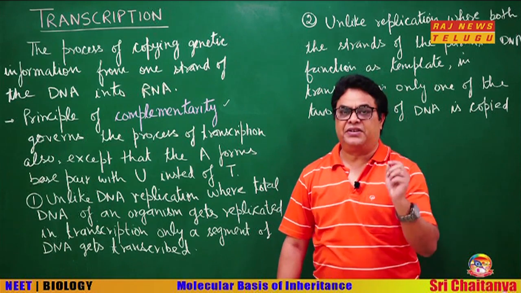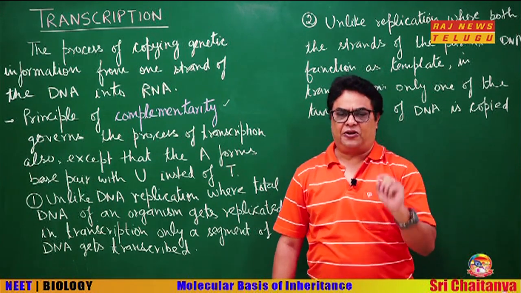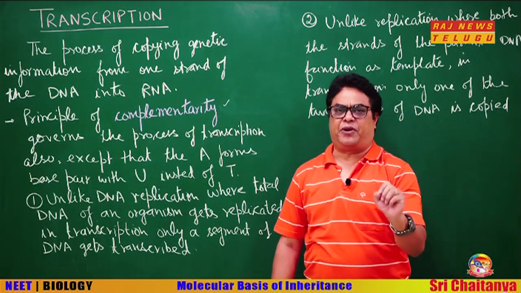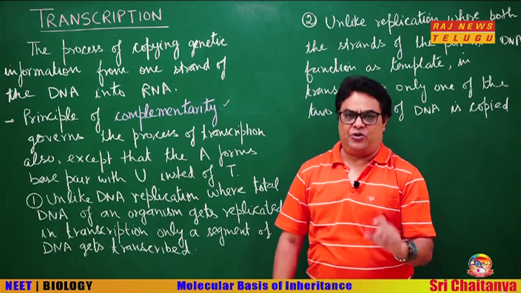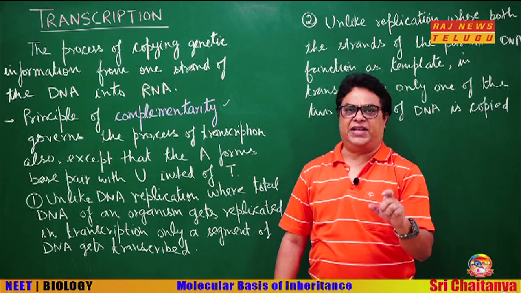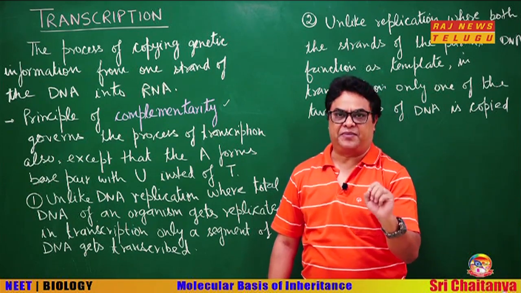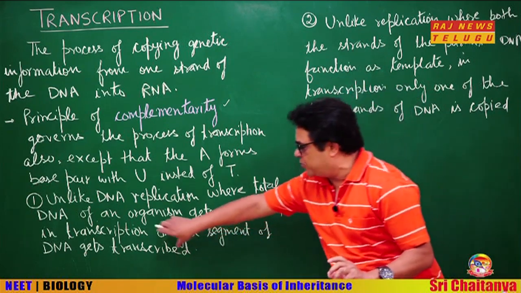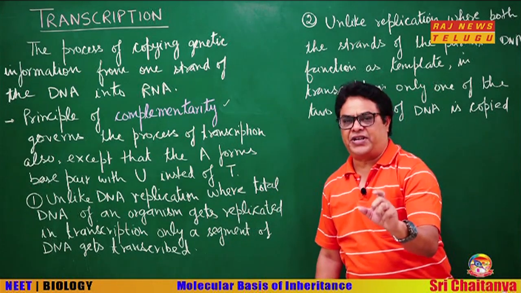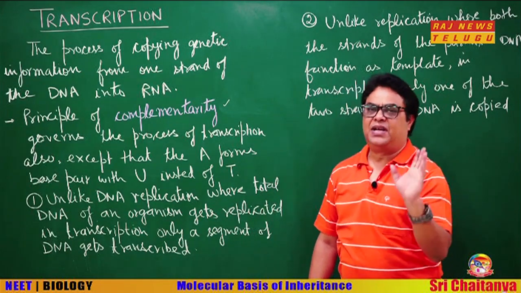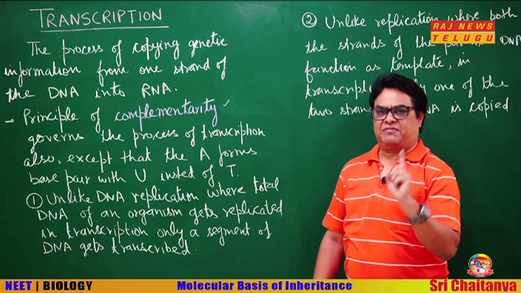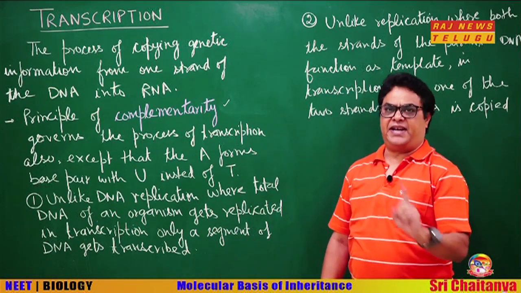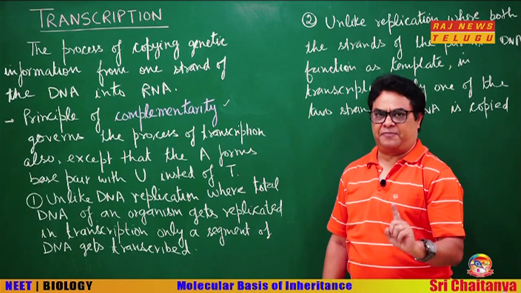This is because, children, remember that all genes are made up of DNA, but all DNA are not genes, and only that DNA is called as gene that can undergo transcription. So, only a specific portion of DNA that has to function as gene, only that transcribes. Entire DNA does not undergo transcription. So, this is the first major difference between DNA replication and transcription.